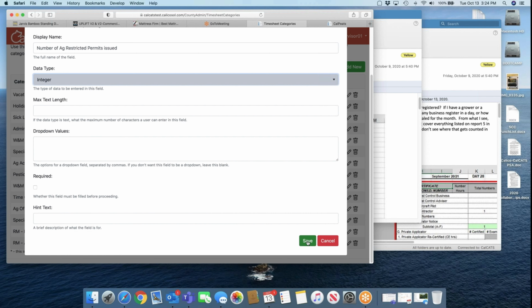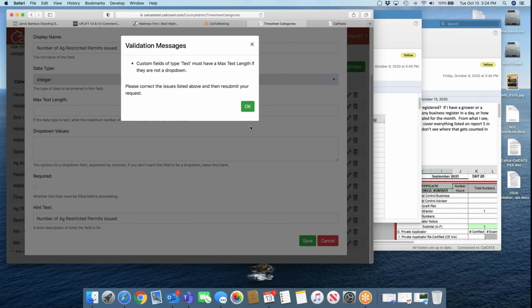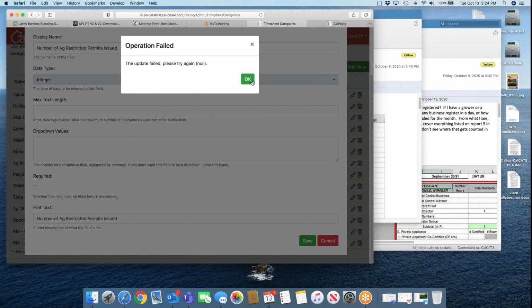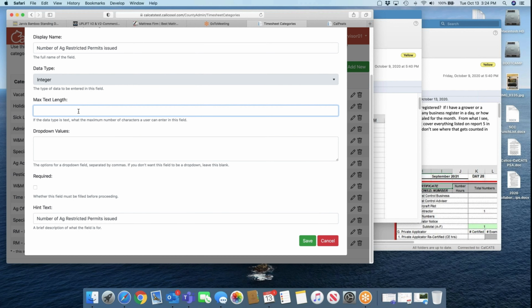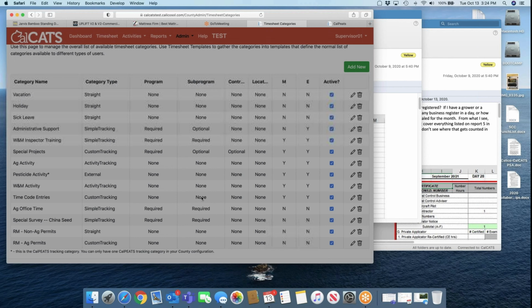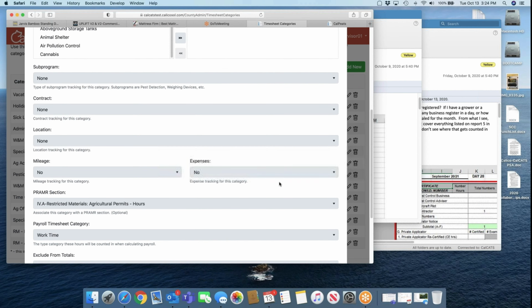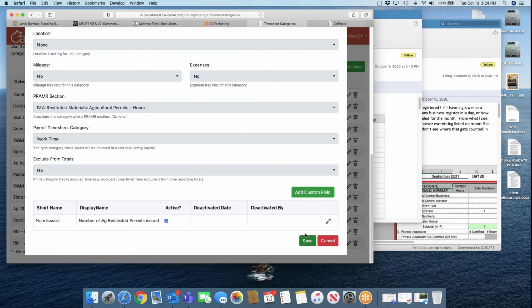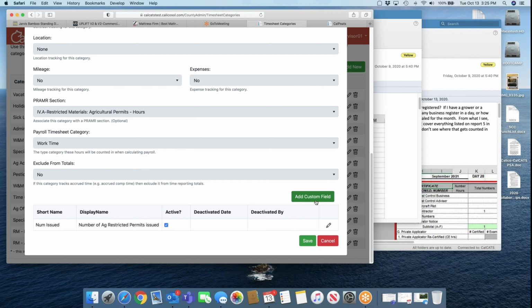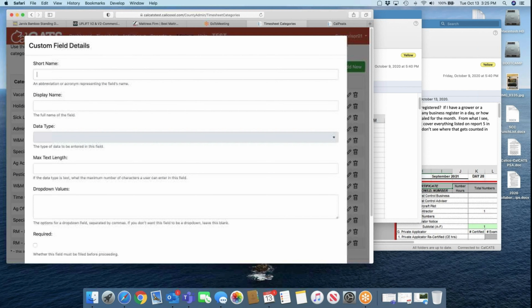So that'll be the workaround for now to be able to count those numbers. Yep. And in the future that may all change, but that'll at least be able to classify them. Because I imagine DPR, we keep track of that on Report 5 currently, so I imagine DPR still wants us to keep track of that. And then instead of having to send them a whole separate form, this will be one way to do it, I guess. Yep. And so, yeah, once you're done with it, it's going to, basically